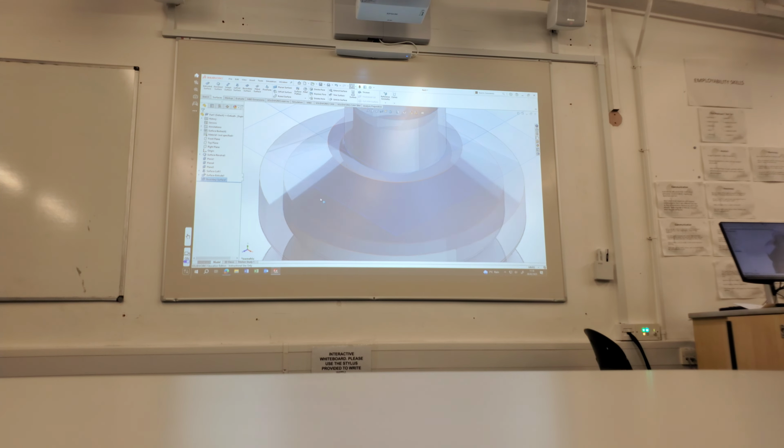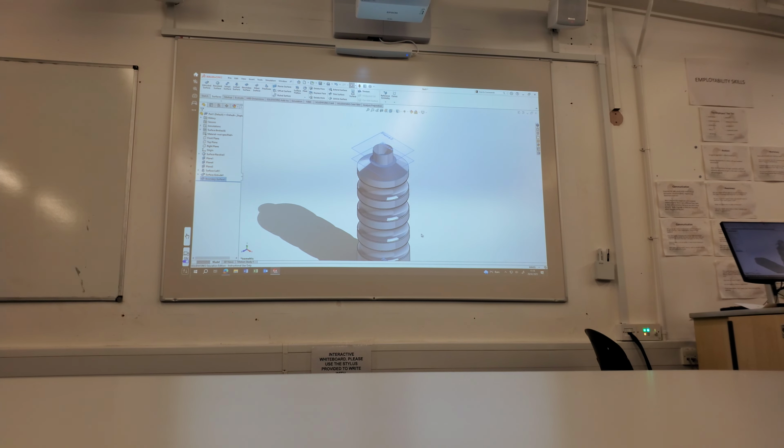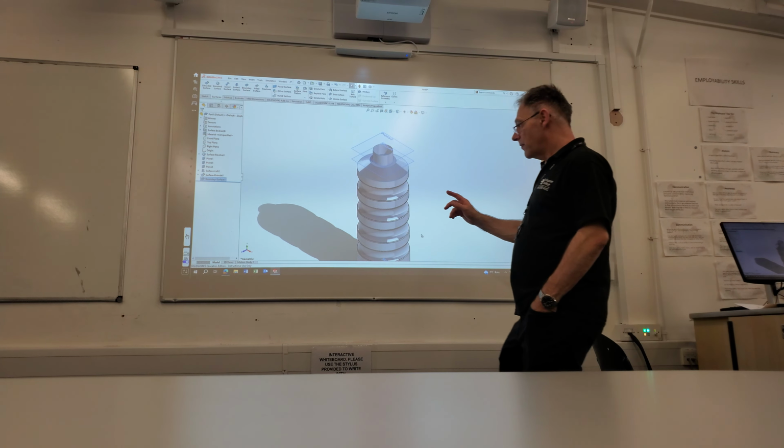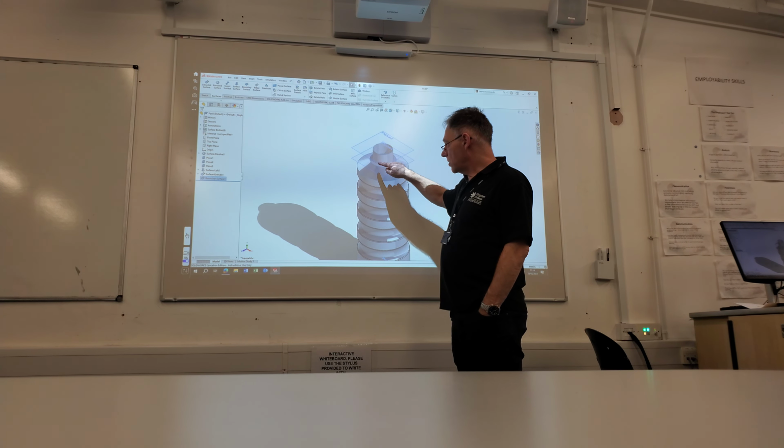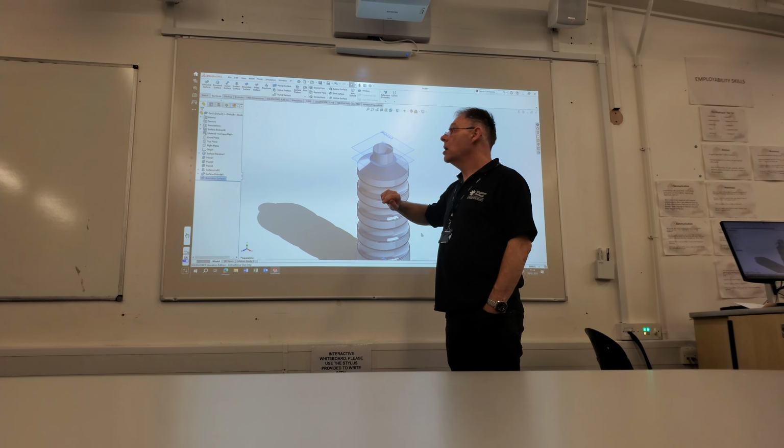Now, okay. That's the bottle, and that's the bottle, but it's not finished, because it's not joined together. All of these are individual. 1, 2, 3, 4 parts individual. What you have to